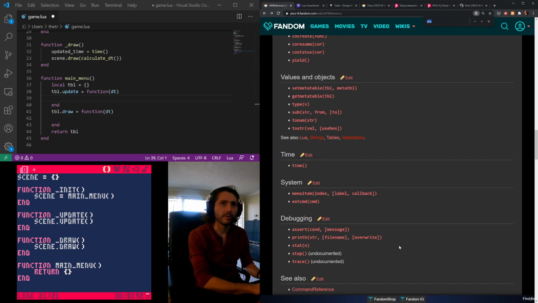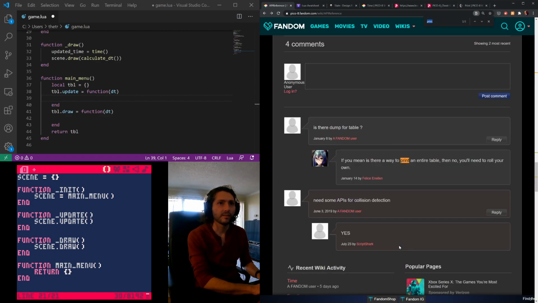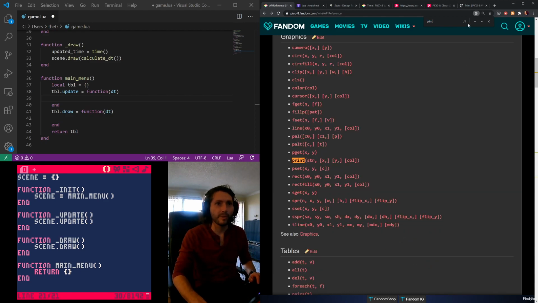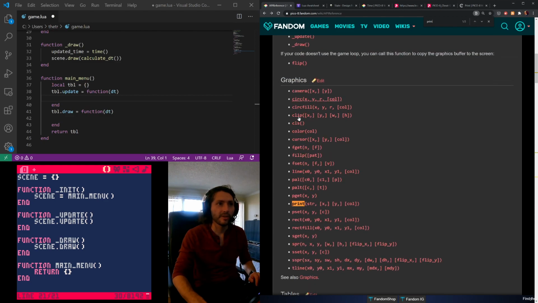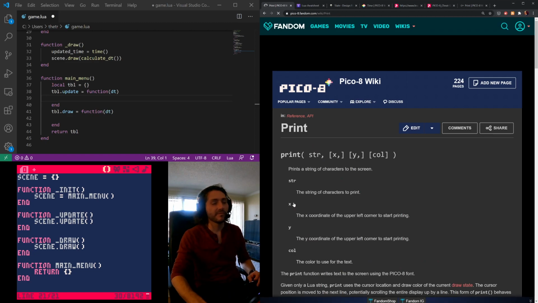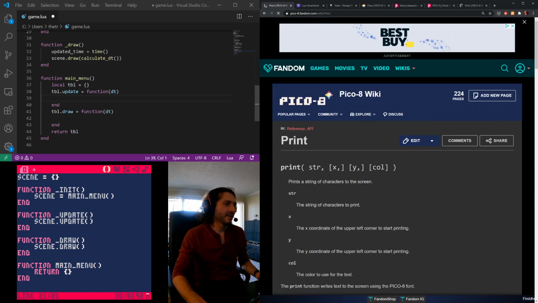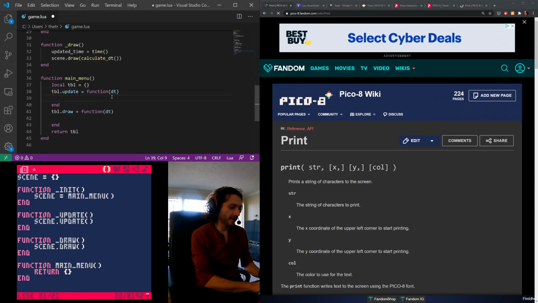Well, wait. Hold on a second. Where's their regular print statement at? Oh, there it is. Okay. Hidden all the way down there. Okay. Whew, okay. So we're going to print